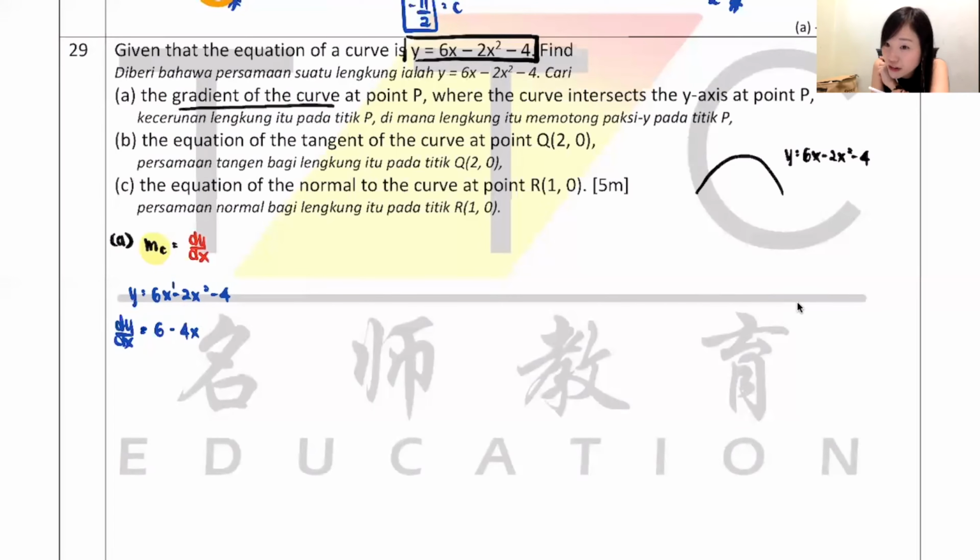So normally you guys already get a gradient. You will sub the x inside. But hey, this question don't have